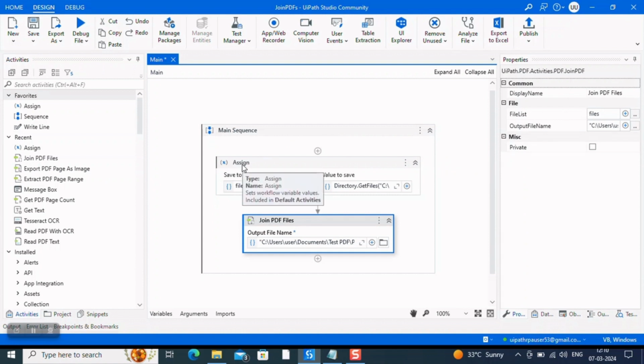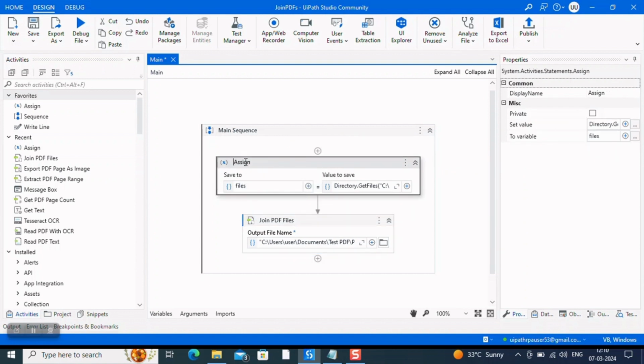Now before executing, let us quickly rename our activities. Again, this is a recommended practice but not a mandatory practice, but I highly suggest that you rename your activities so that it will improve the readability for the user. So assign, what are we trying to do? Retrieve the PDF files